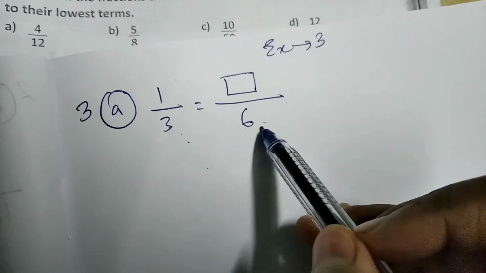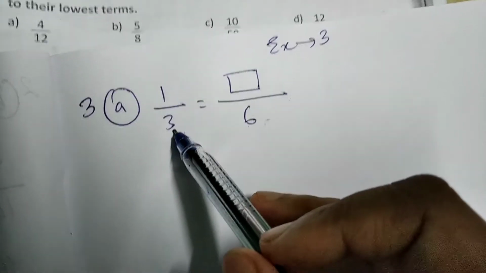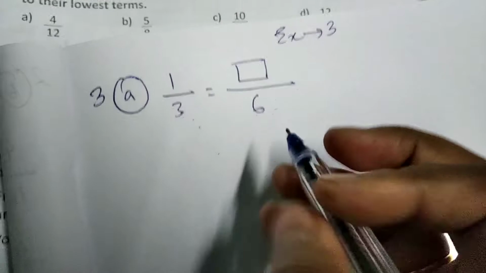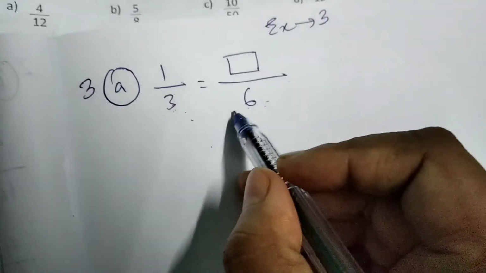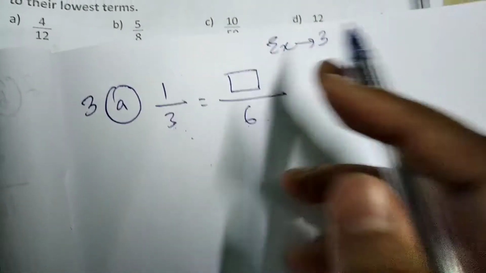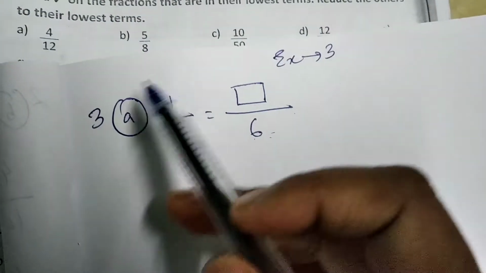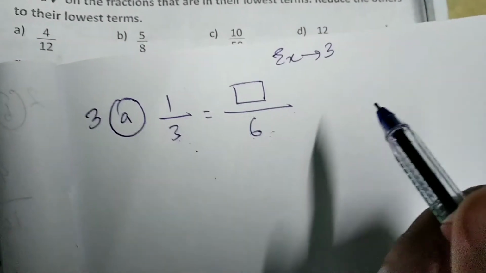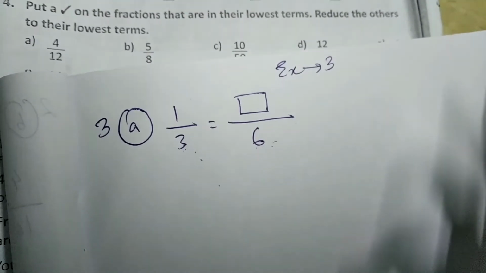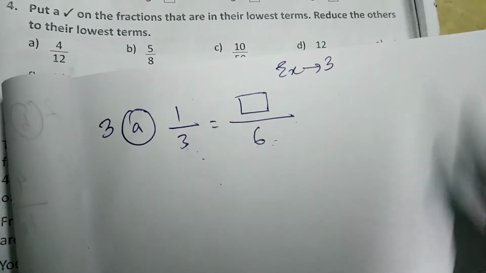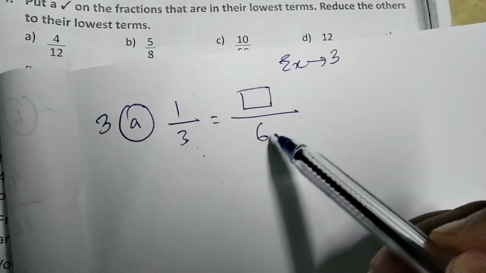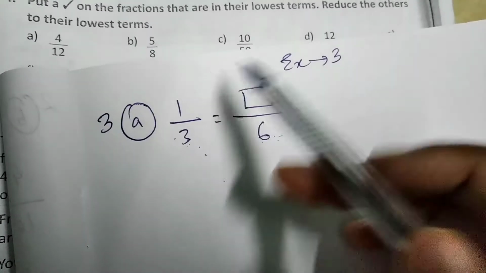This fraction is obviously greater than this, so we will have to multiply because of it. If the unknown one would have been less than the given one, then you need to do division. But as this is more than this fraction, you need to multiply. So how will you do it?